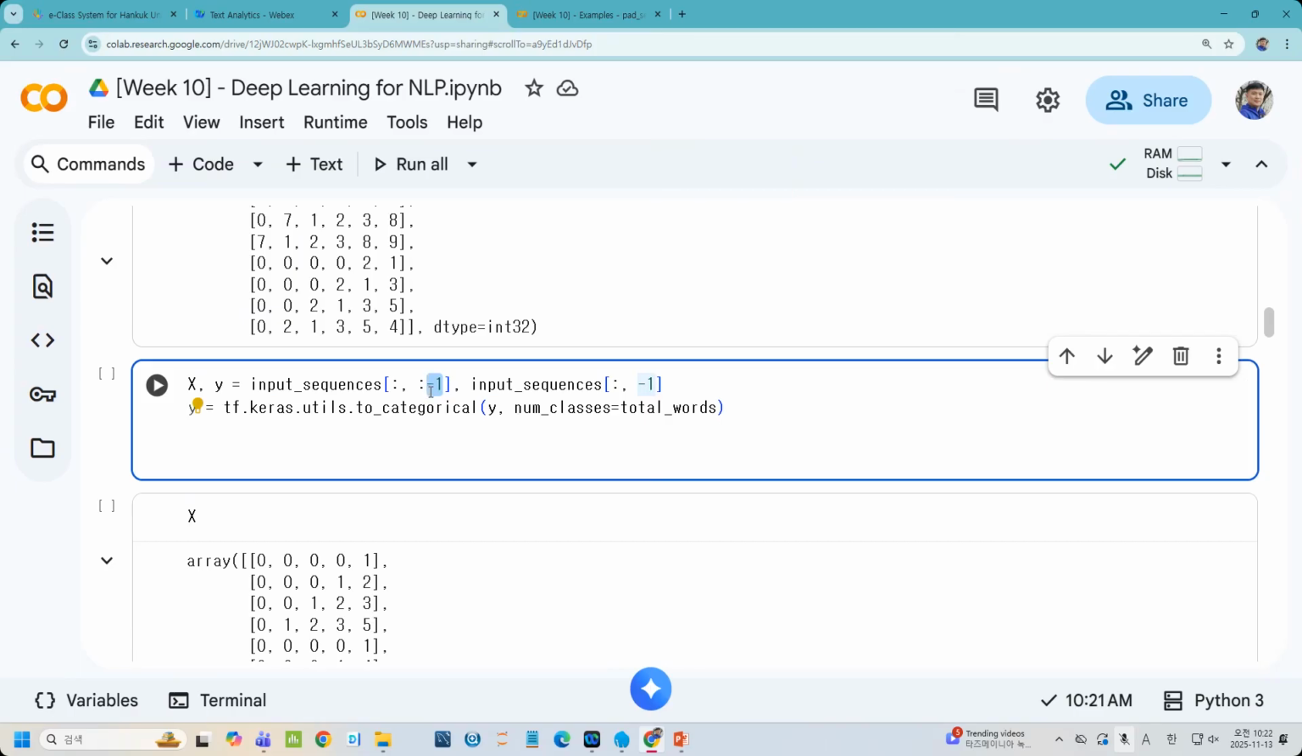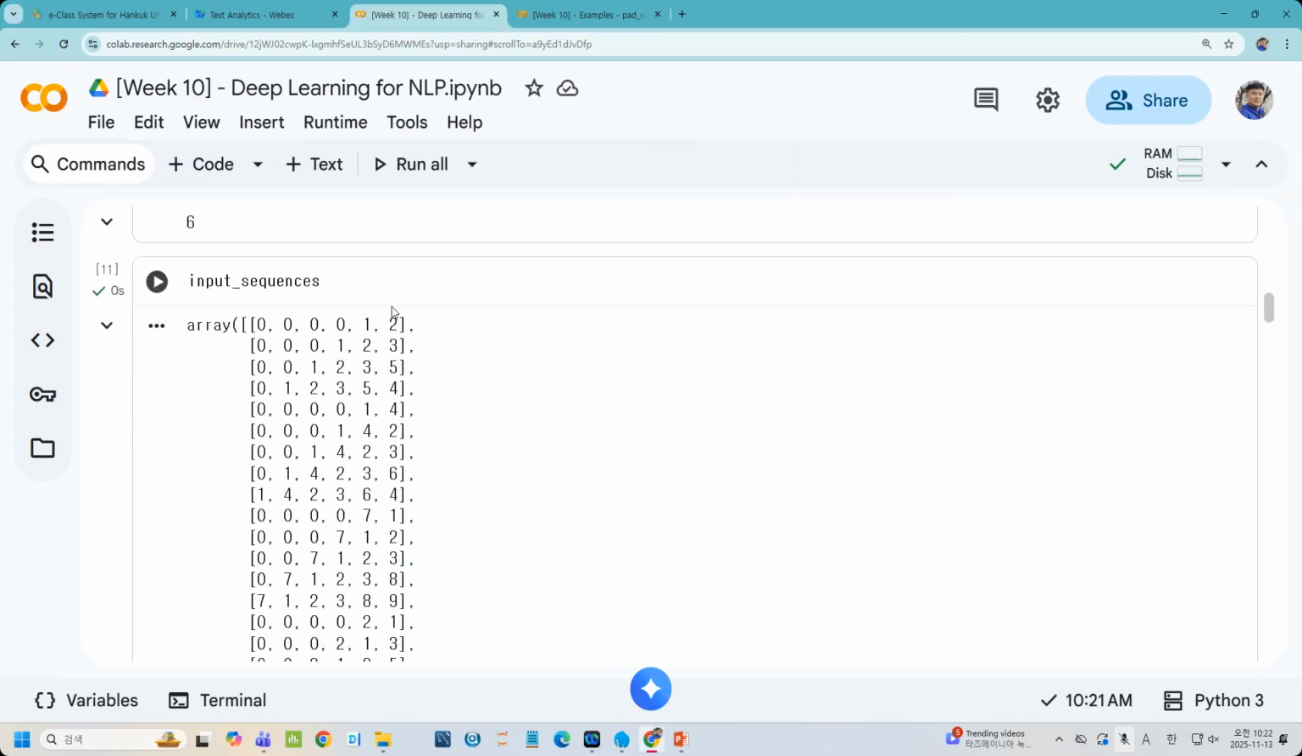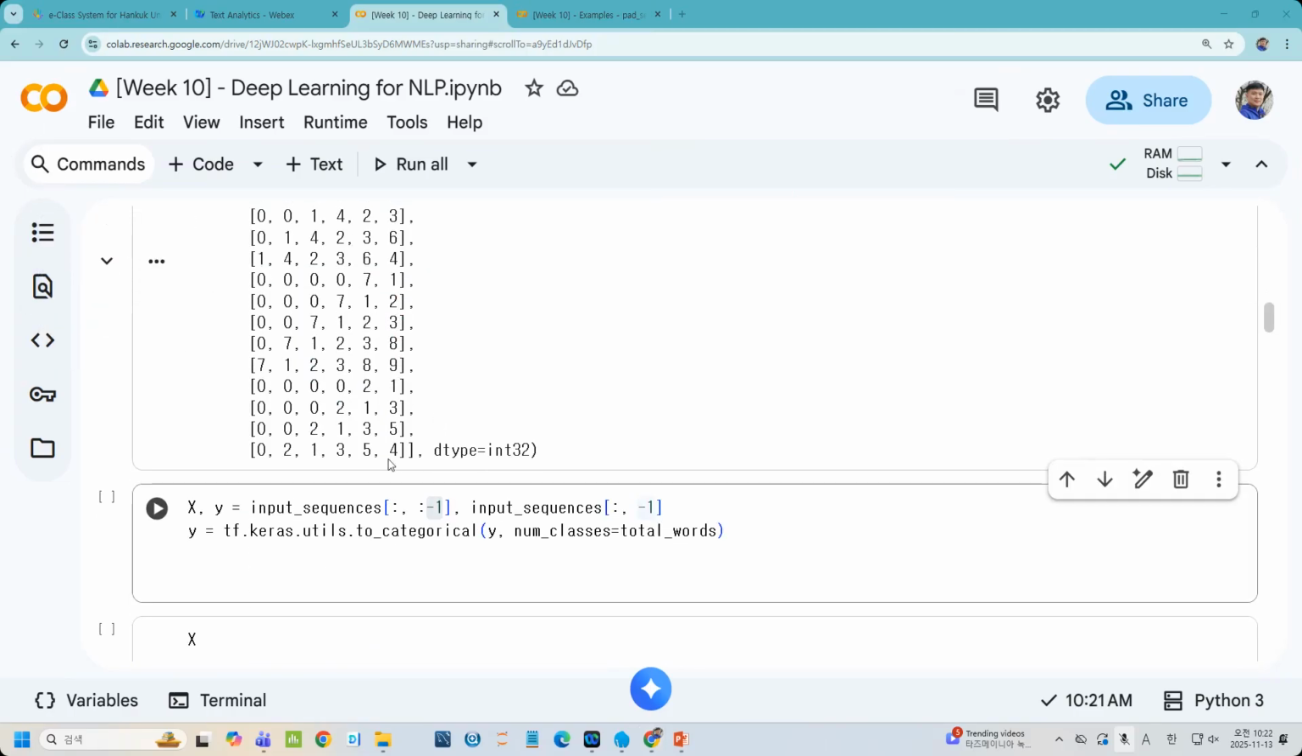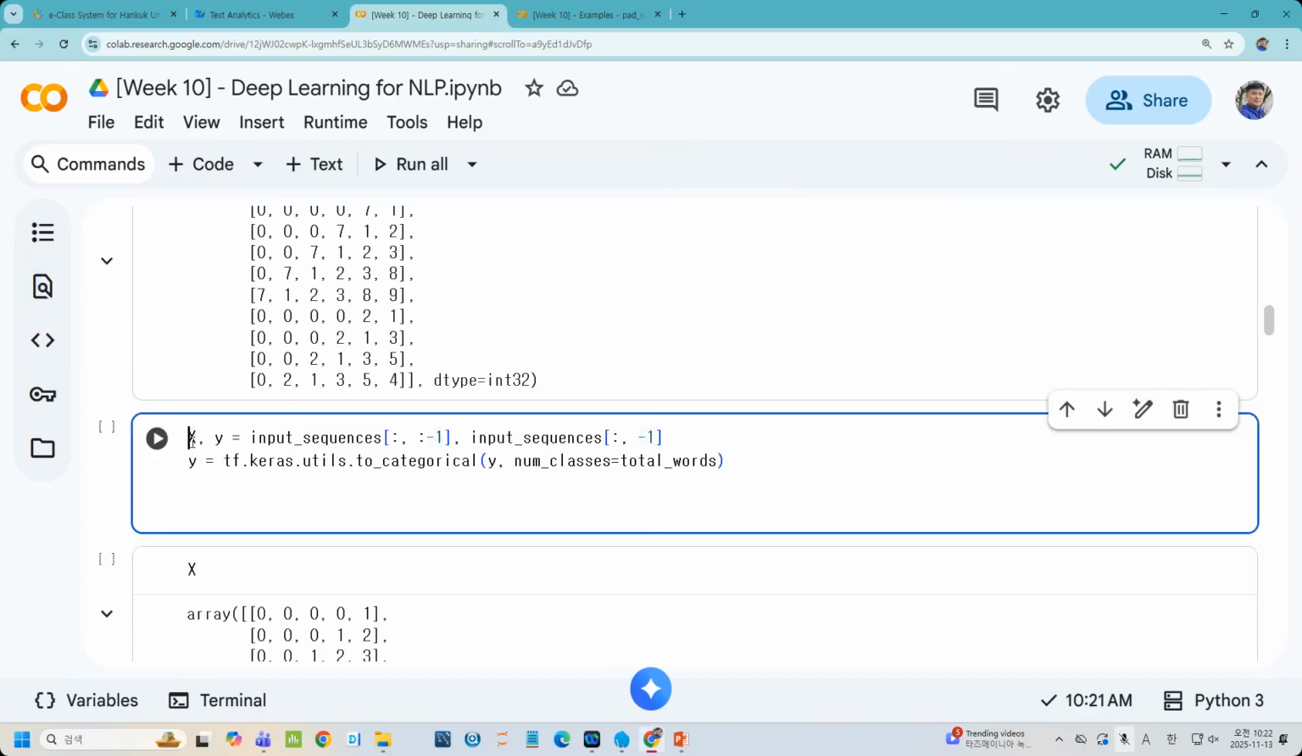This -1 means the last. The last component will be the Y. It means I have this text and I want to predict the next one. So using this mechanism, I have the X and Y, and then